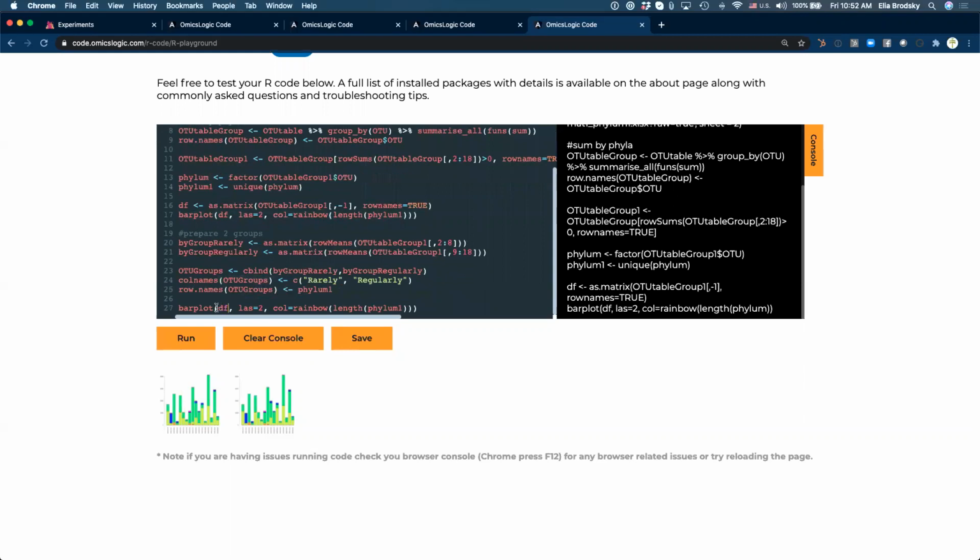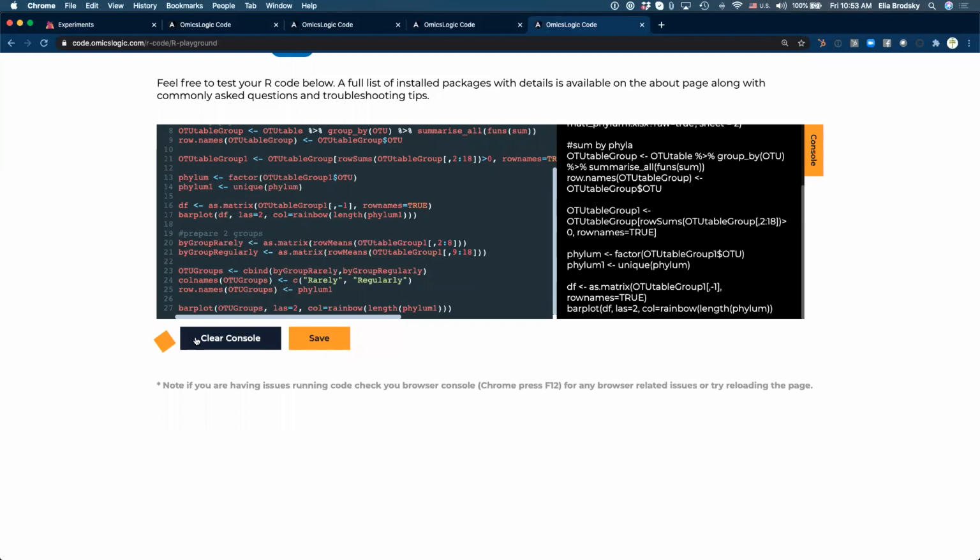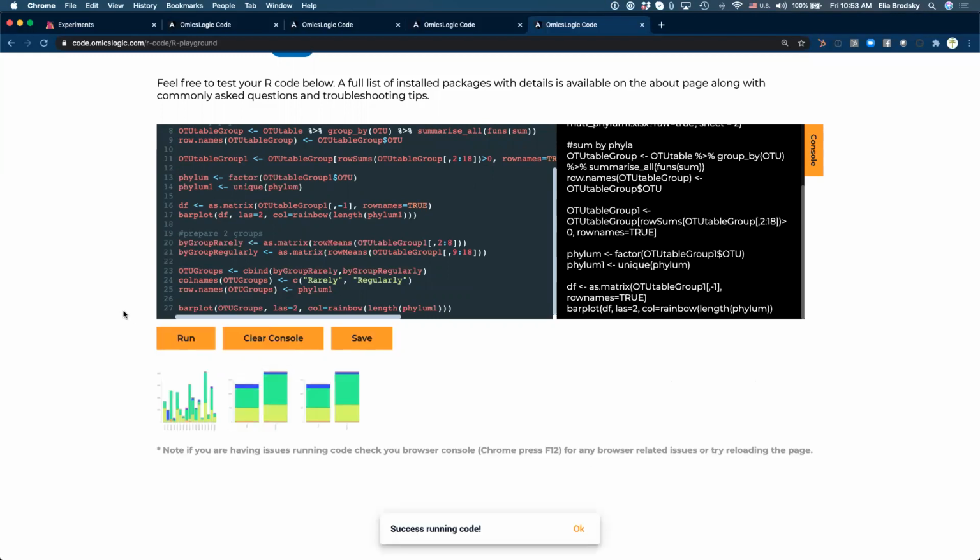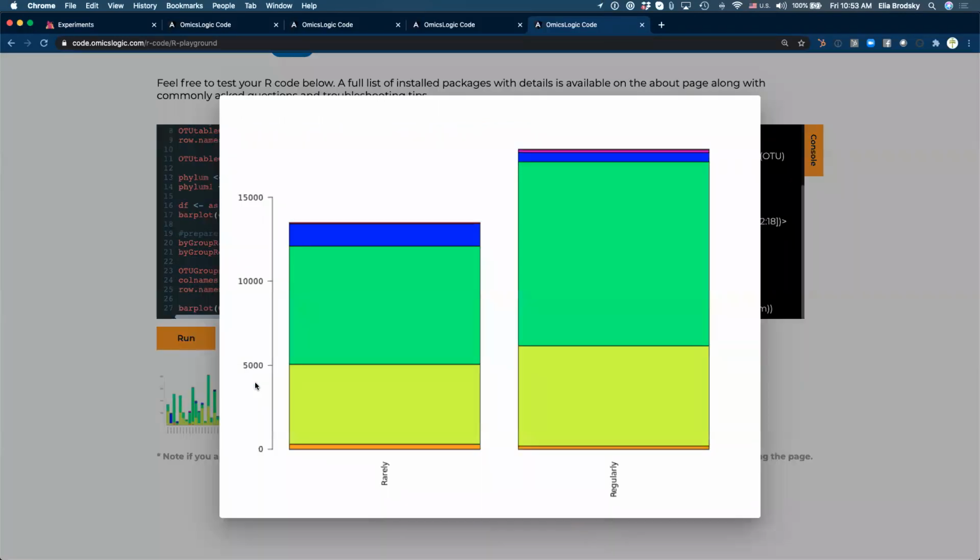But here, instead of this, we will use OTU groups. Okay, so did anyone get this?